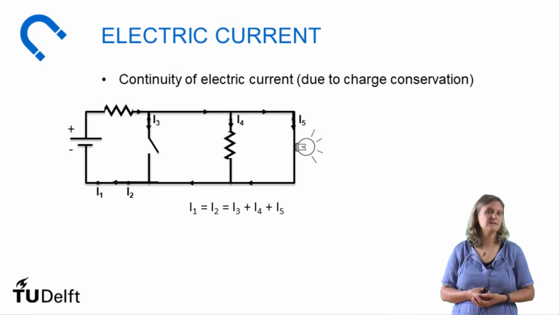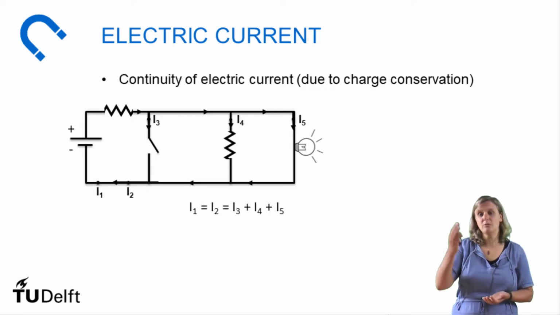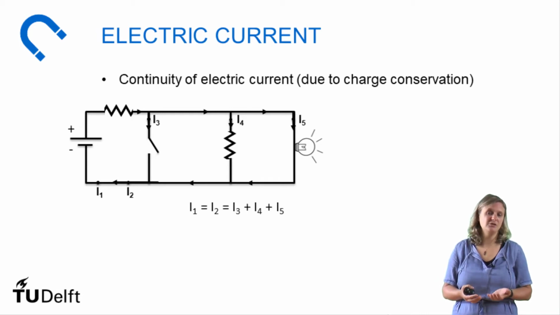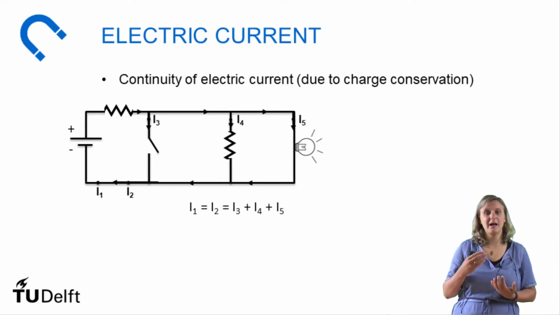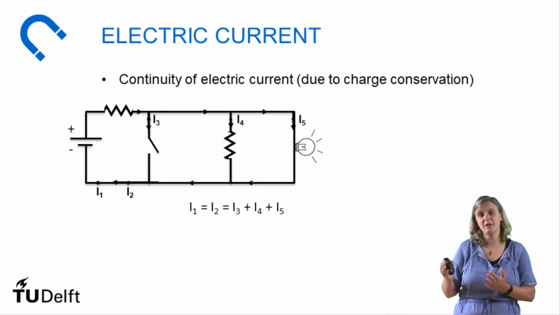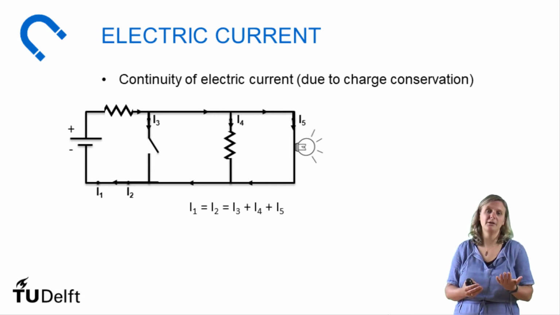And this is also depicted in the picture below, where you can see that, for example, I1 and I2 have to be the same, simply because there is no way out or no way in of current, and there's no place to store charges. And so the same statements you can make about I3, I4 and I5. Basically, the current of I1 goes all the way before the crossing to I3, and then it splits into two cases. So some part of the current will go into I3 and the other parts will go into I4 and I5. So this is about currents.